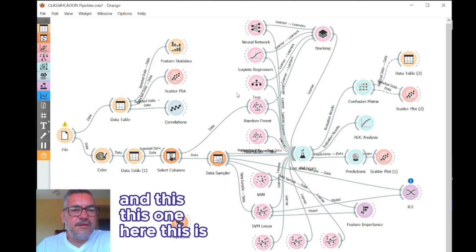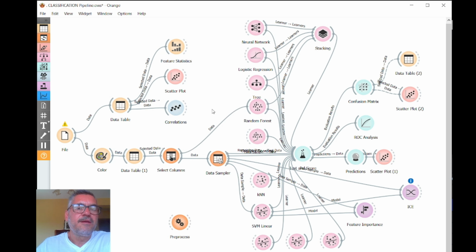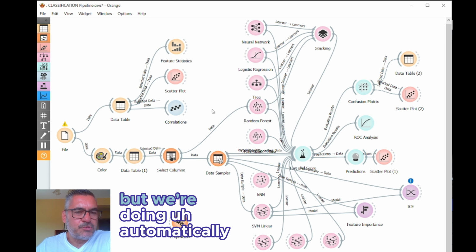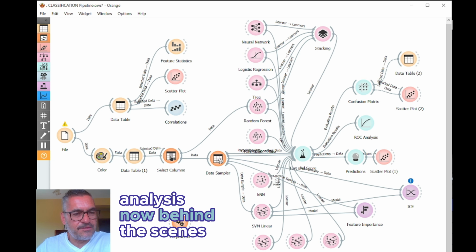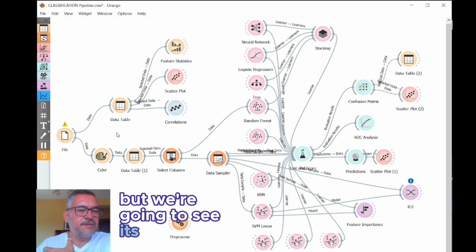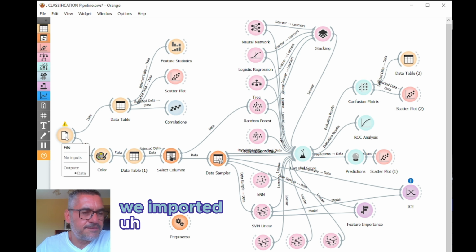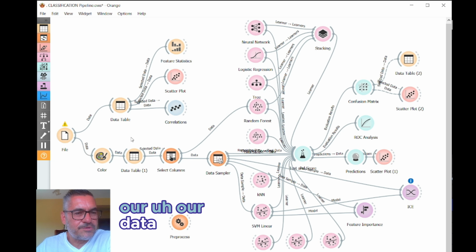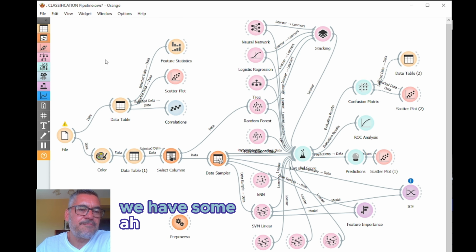And this thing here, this is my pipeline. This is the workflow that we're doing. Automatically, Orange has performed all the analysis now behind the scenes, but we're going to see each individual node here. We started with the file where we imported our data. Now we have this branch here where we have some